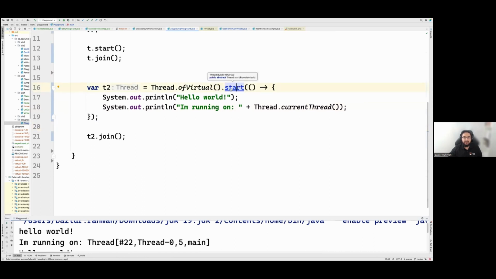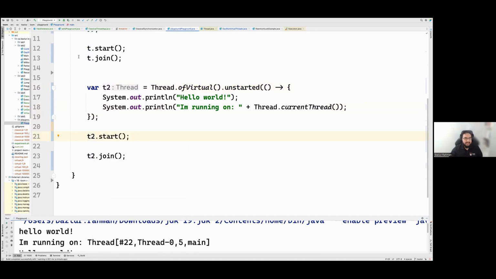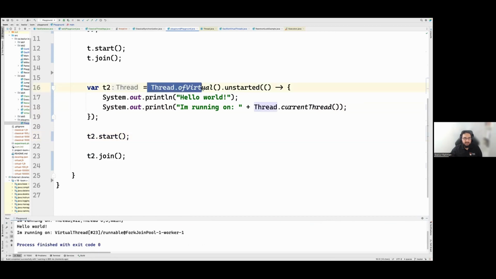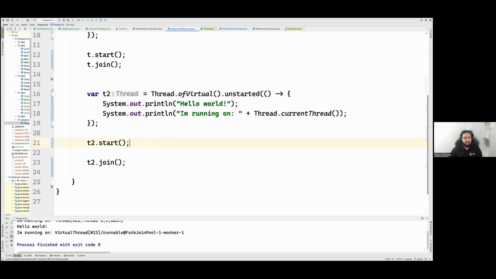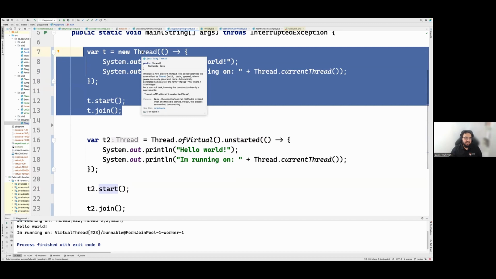If we call this start method, what about if we don't want that? We can call the unstarted method, where I get a thread, but it is not started yet. So I can call the start method separately. That's also the same thing. Now that we have a new fancy way of creating a virtual thread, what about a fancy way of creating a new classical thread? It makes sense to keep the API consistent.